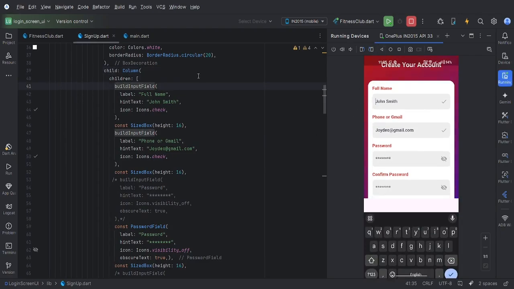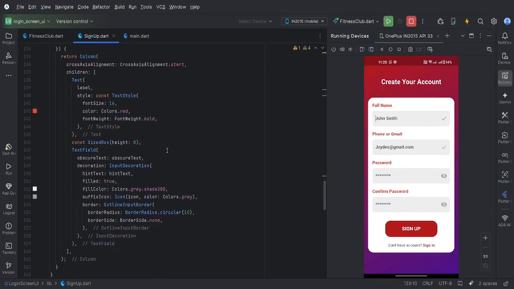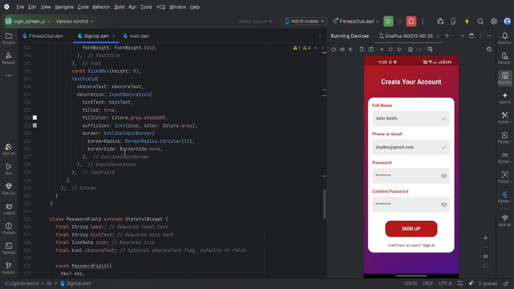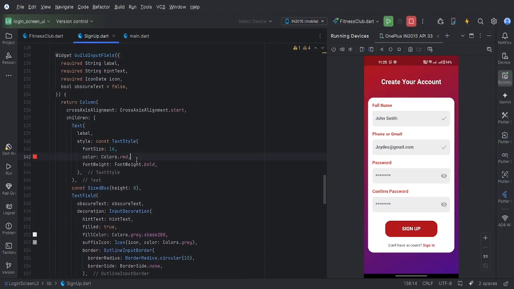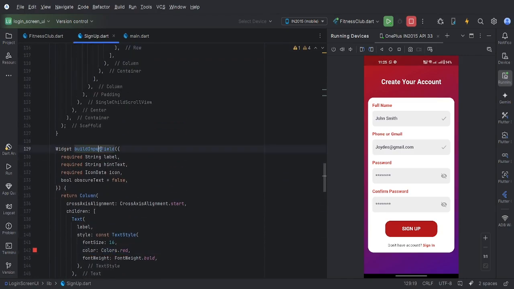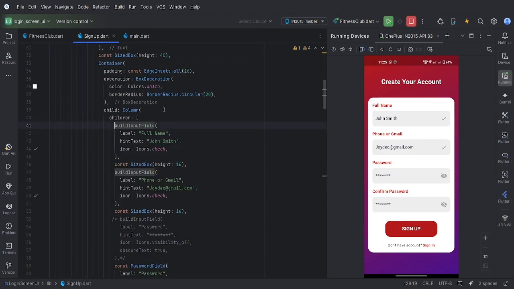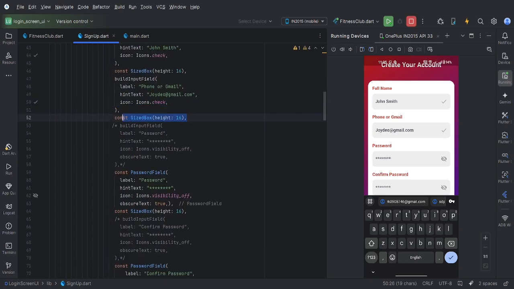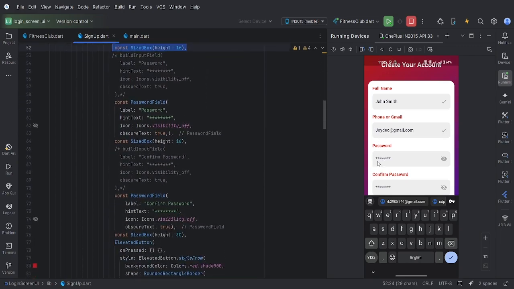entering text I have created one field here, this here, and it is individually done, and look everything I have provided, and this is used for full name and Gmail. Okay, and here I have provided a check icon for this, and again a margin, and I have created another widget for both of these passwords. And, here